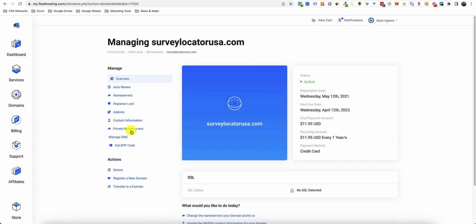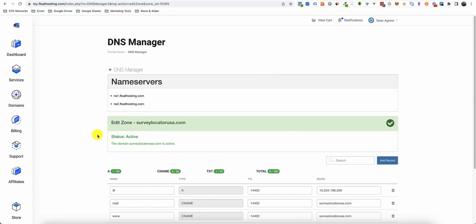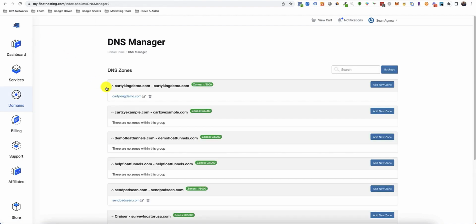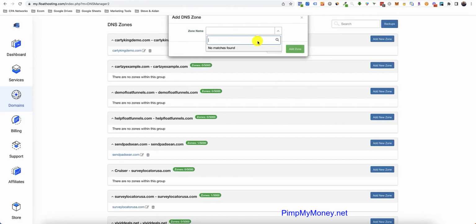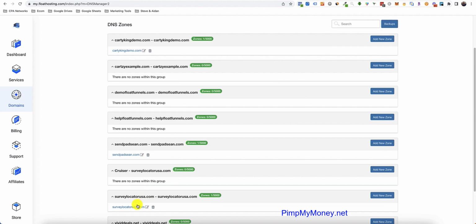All right, and over on the left side, you should see a Manage DNS as well. If for some reason you didn't see the Manage DNS there, another way to do this is go to Domains, Manage DNS, okay? And you should scroll down to your domain that you bought, and you should see a zone here, all right? And the chances are if you didn't see Manage My DNS from that screen I just showed you, it's because you don't have a zone and you need to click Add a New Zone, okay? And what you would do in that scenario is you just click Add a Zone, okay? And you would select the zone name that is there. I already have one there, so that's fine. From this screen, you can also just click the Edit button here and it takes you back into the DNS